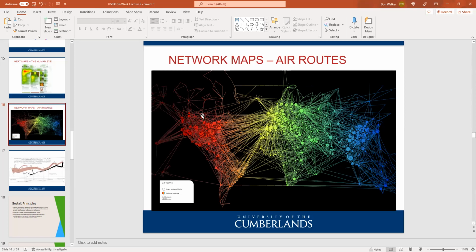Oh, by the way, the color just differentiates by time zone. Don't read too much into that as far as the data goes, but check out how there are